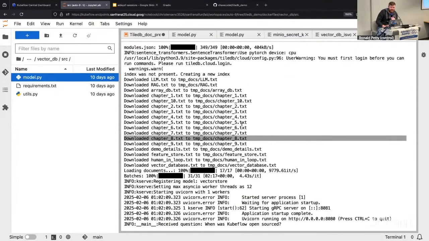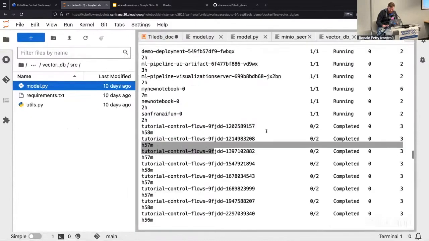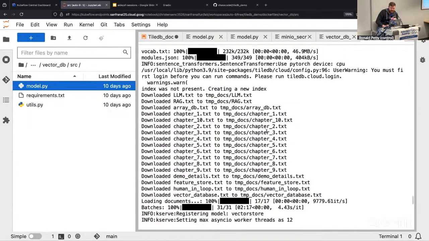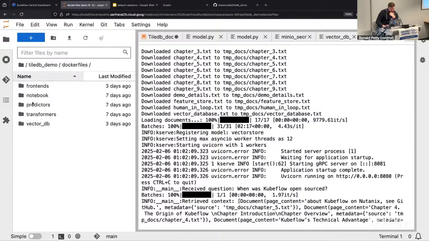If you see the logs, I don't know, those are pretty hard to see. But then again, that didn't help. You see how it's downloading the text documents? And here it created a new index. And now if we go over to my transformer,